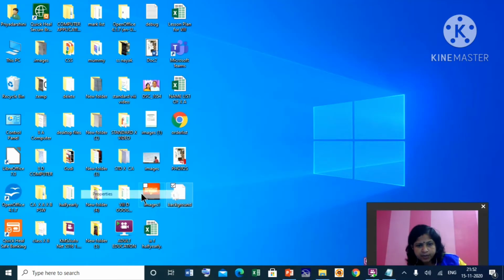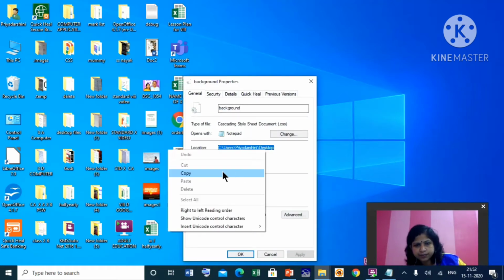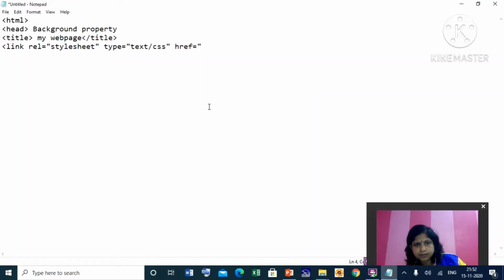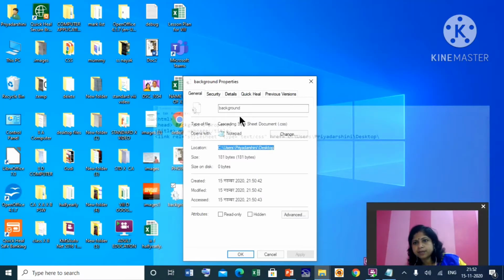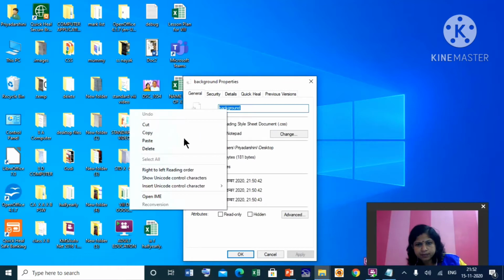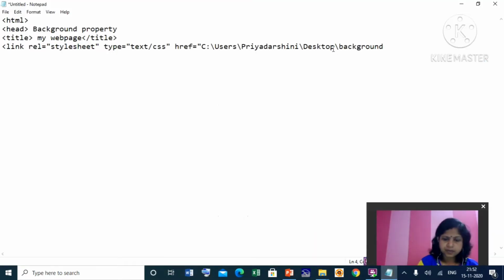Right click, bring properties, first bring the location, then bring your file dot css. Now close the head tag, then next body.